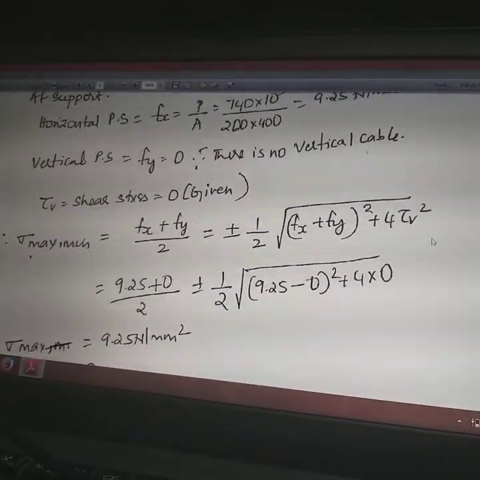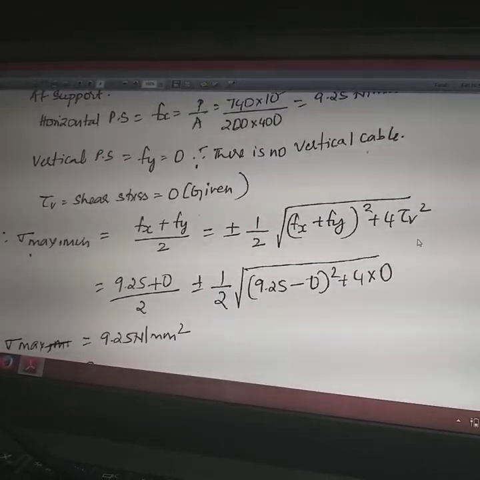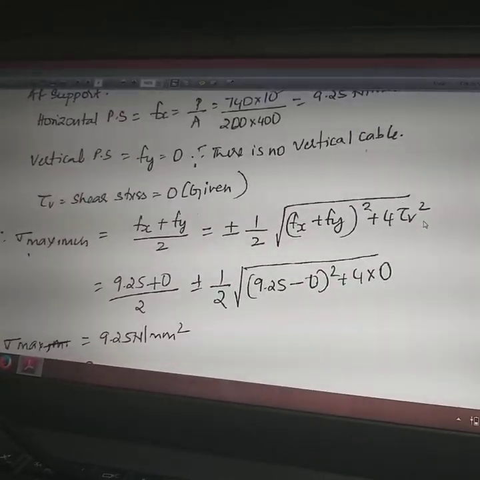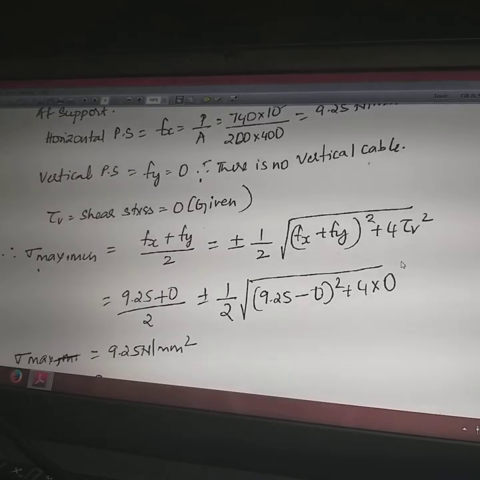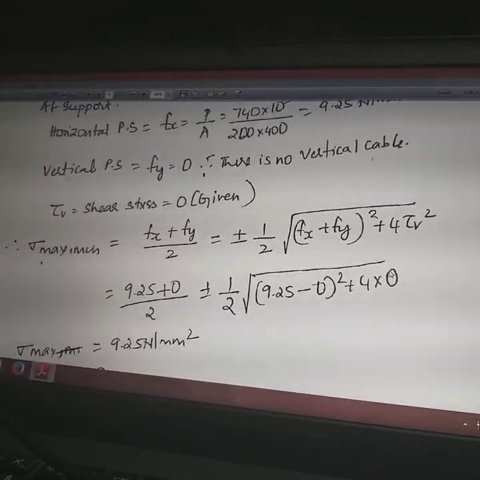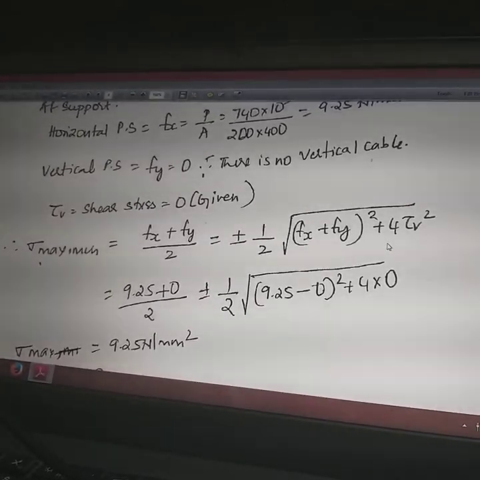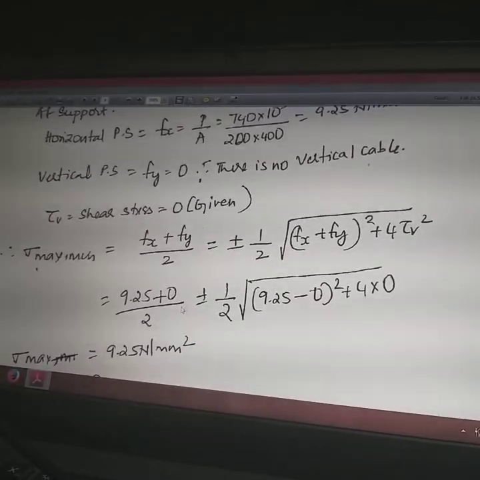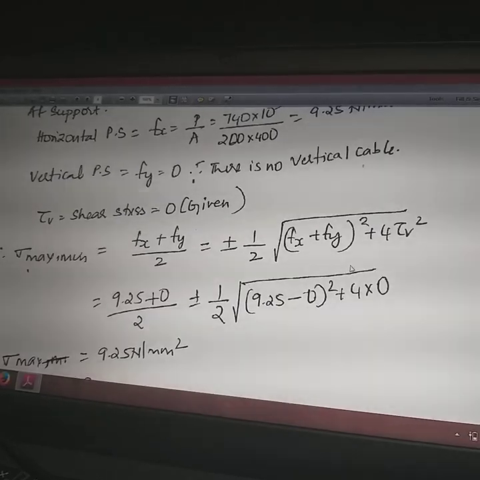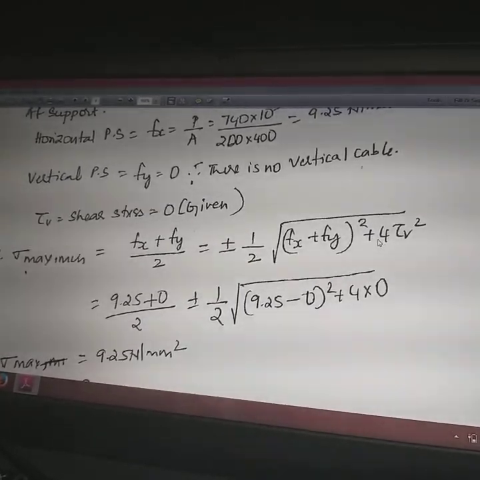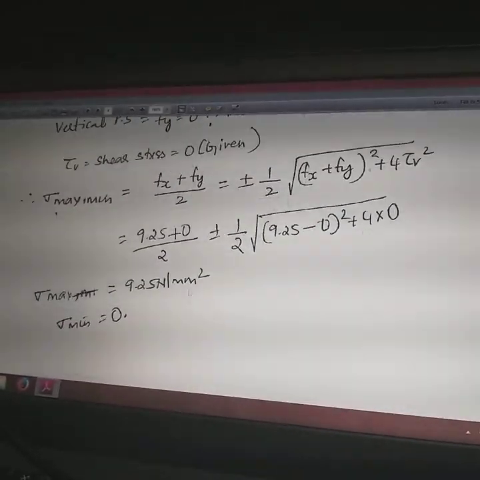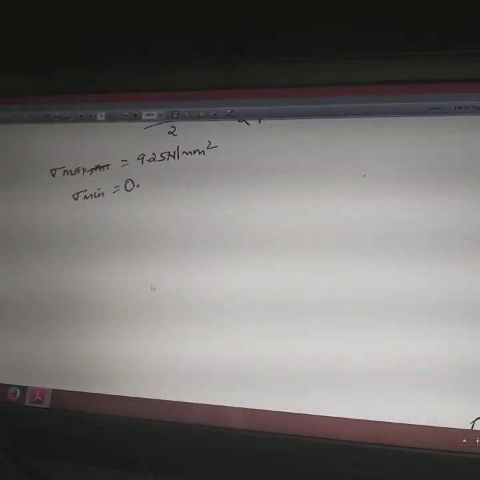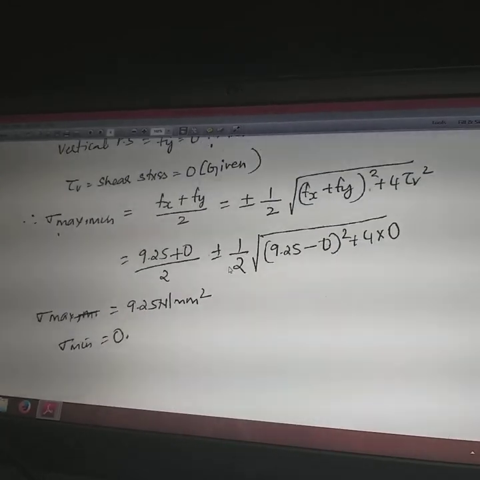Substitute everything. For the zero shear stress, for the same condition, you are supposed to find out what the principal stresses are here. Therefore tau V is substituted as 0. So for the same condition, you are supposed to calculate the principal stress, and here this equation is plus or minus half root of (fx minus fy) square plus 4 tau V square. Okay, substitute all this, you will get the maximum stress and the minimum stress. So this completes problem number 1.